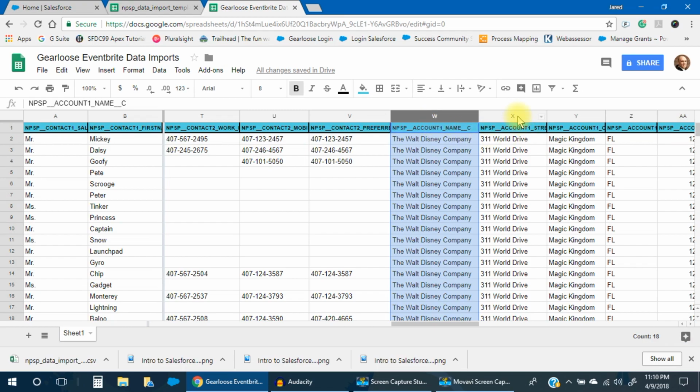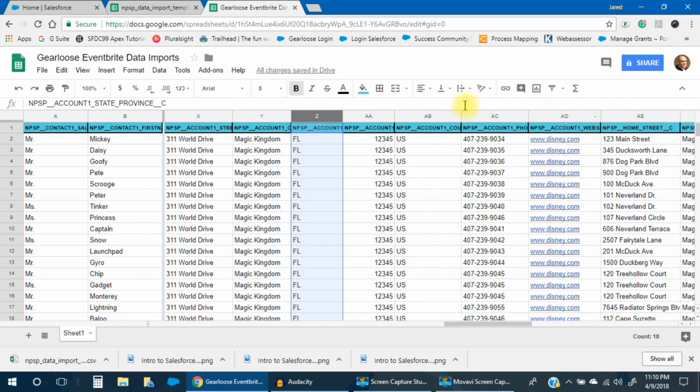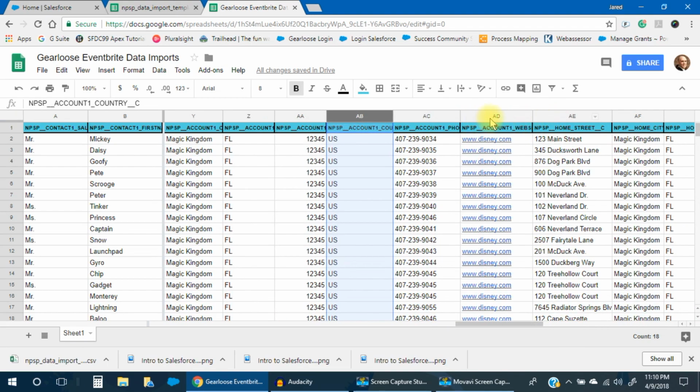And then we have the account address, street address, city. I just made up the Magic Kingdom. State, zip code, country, phone number, website, things like that. And then we come to